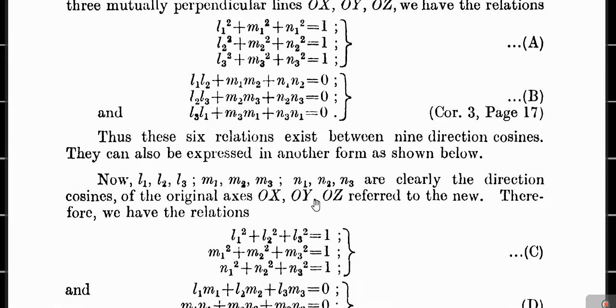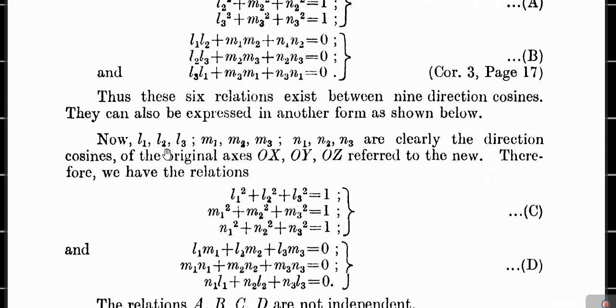if L1 M1 N1, L2 M2 N2 and L3 M3 N3 are the direction cosines of the three lines, then the direction cosines of those three lines referred to the new axis will be L1 L2 L3, M1 M2 M3, N1 N2 N3. So it is this. Next one. So therefore, as now these are the direction cosines of the three lines, again we will get two systems of equations.